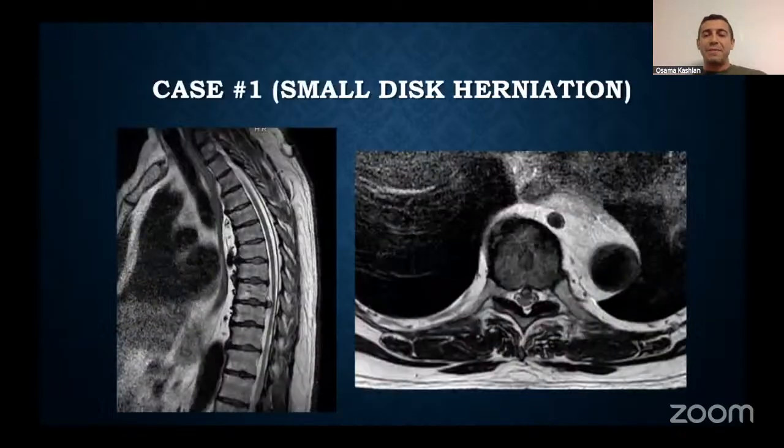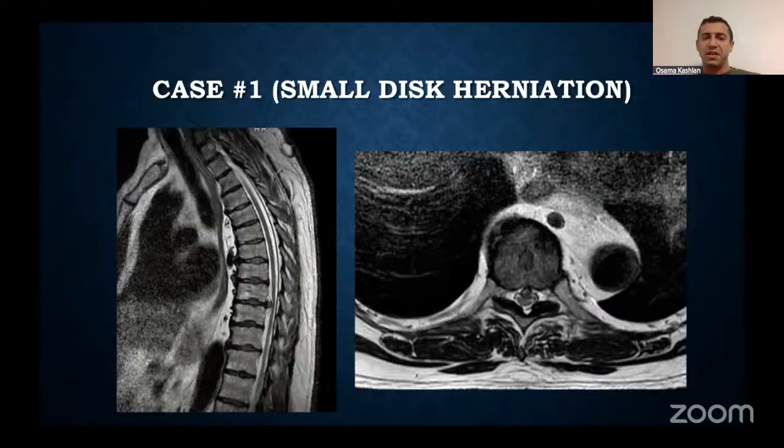So what's the first case that I treated with this? This was a patient who presented with chronic myelopathy symptoms, was worked up by neurology, was worked up by physical medicine and rehab, was worked up for any potential cause for these myelopathy symptoms, problems with walking mostly. At the end of the day, after talking to all the rest of the specialists, they said, this disc herniation is very small, but I think this is the cause of this patient's symptoms. And that's when they ended up presenting to me after exhausting all other measures with all other physicians.